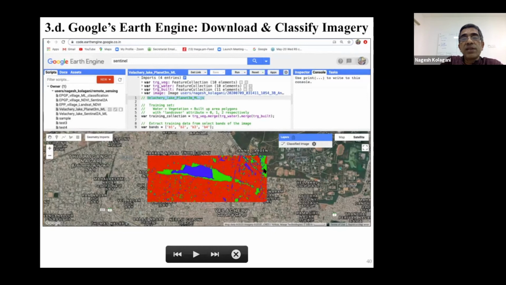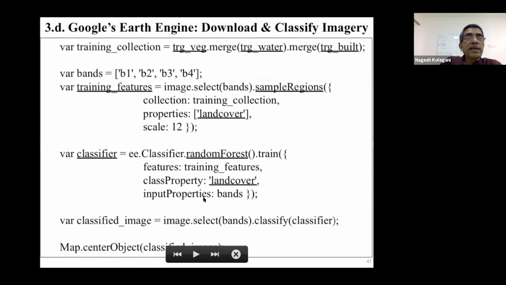These stray noises, some of them you can ignore. Some of them might be true. If it is showing such a large green patch, it definitely must be some vegetation there. Whereas these could be mistakes, we don't know. But you can see it has roughly caught the water body, roughly caught where the water is within that, etc. All this is automated. And the code is just 2, 3, 4 lines that I show you here. Even these we are trying to make not required.